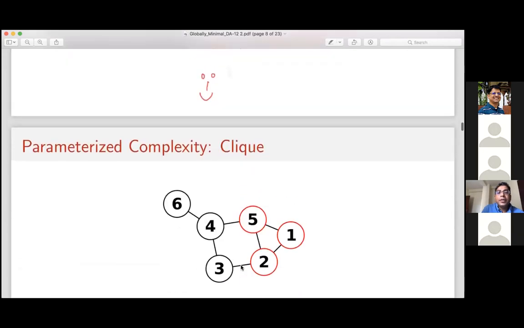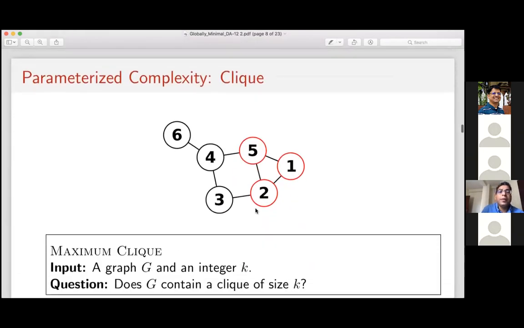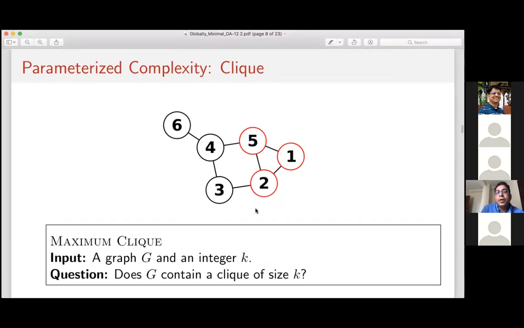But for some problems... vertex cover is an NP complete problem. Similarly, clique, finding a maximum clique in a graph, is also NP complete. So what is a clique in a graph? Given a graph, a clique is a maximal complete subgraph of the graph. You can see that this is the maximal subgraph which is complete also. That means every pair of vertices in this subgraph are adjacent to each other. So this is a clique. This graph has a clique of size 3, and that's the maximum clique size. You don't have a clique of size 4 here.